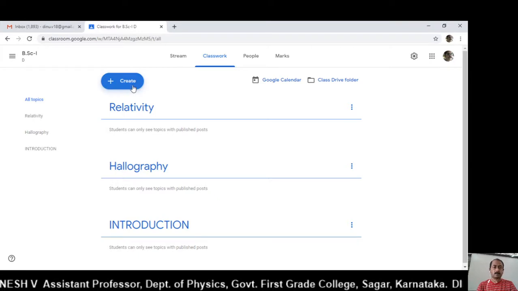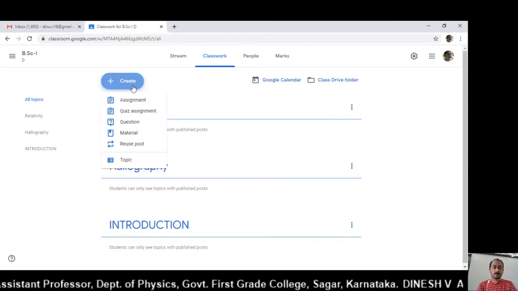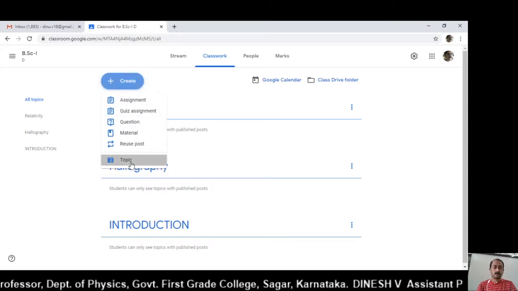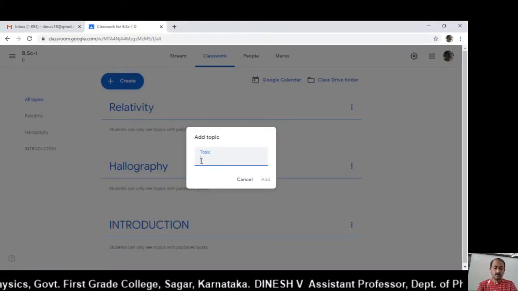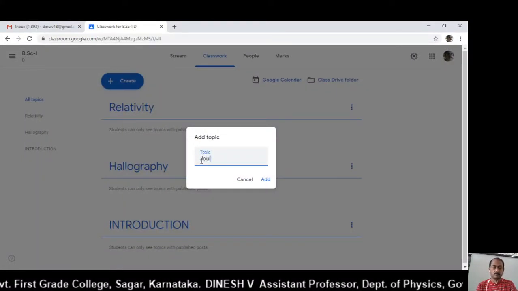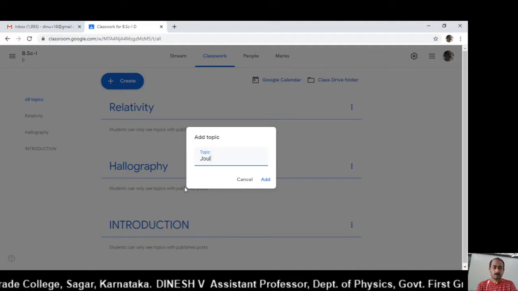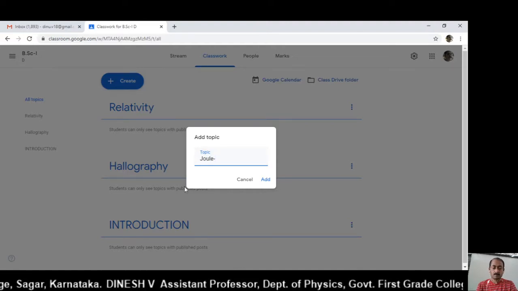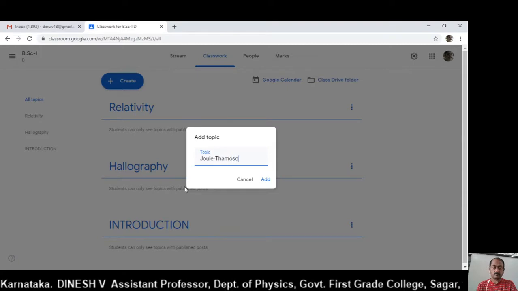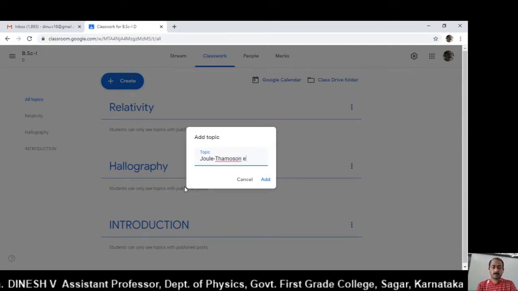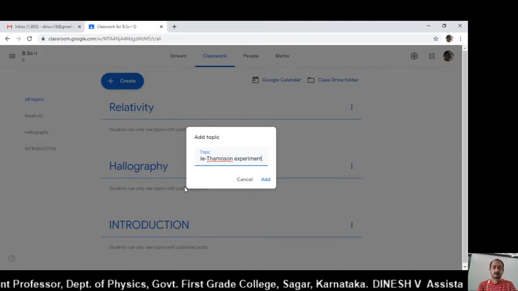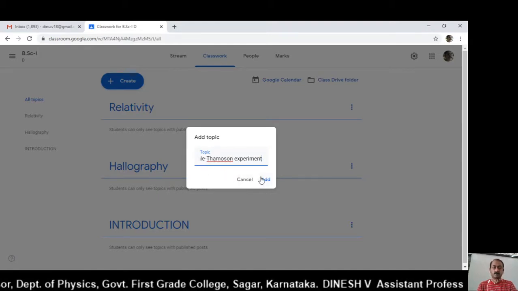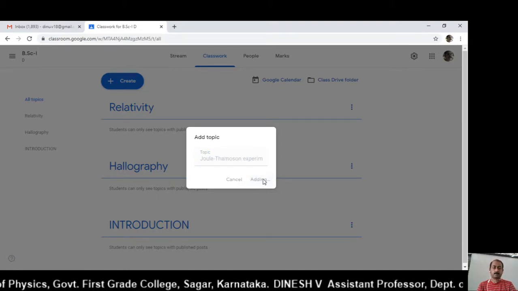Next click on create, click on topic, give one more name, so Thomson experiment. Add.